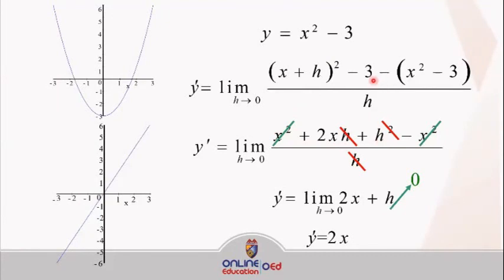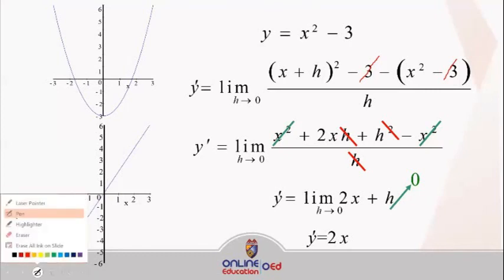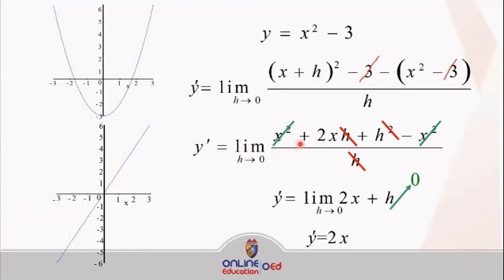And itong value na to, since we have yung 3, and kapag minultiply natin yung x squared sa negative, we have negative x squared. And kapag minultiply natin yung negative sa negative 3, we have yung value ng positive. Positive na to. Positive 3. So, makakancel na tong negative 3. Positive na siya. And itong negative 3. So, yung next natin na equation, we have here x squared plus 2xh plus h squared minus x